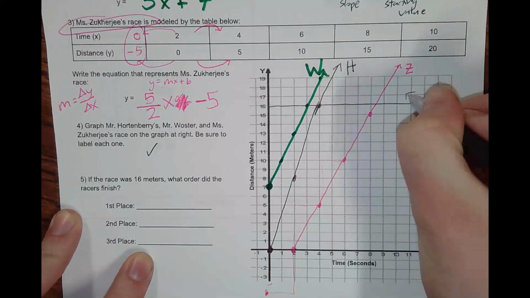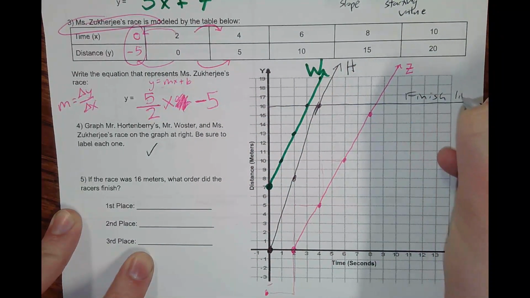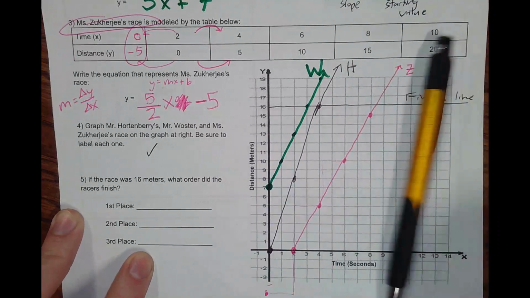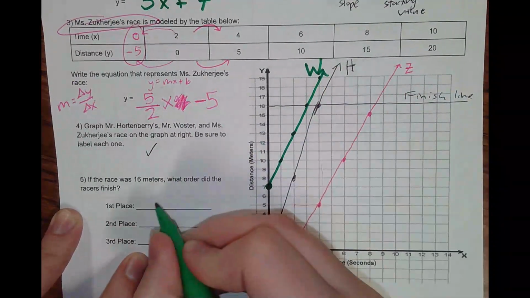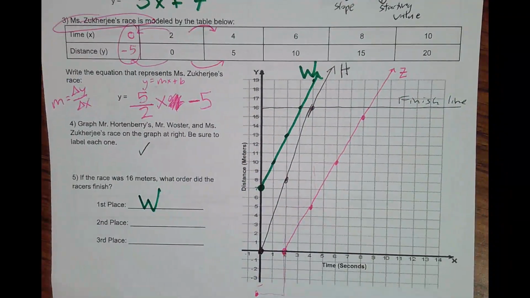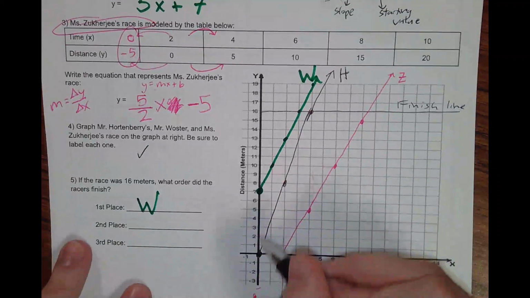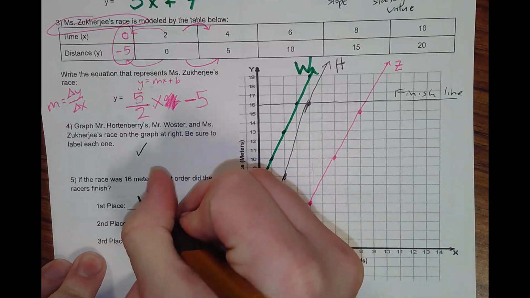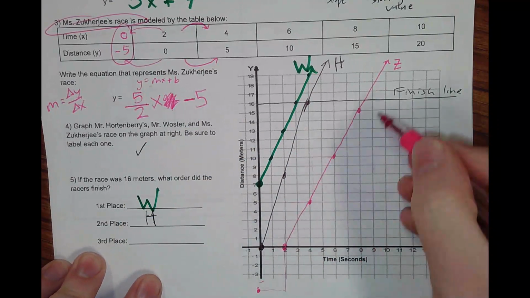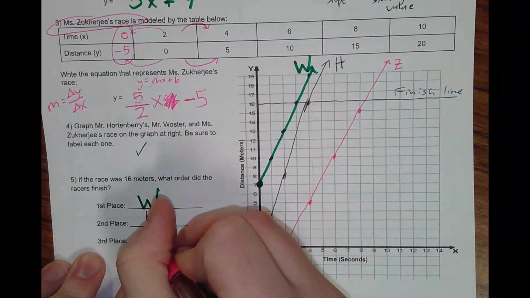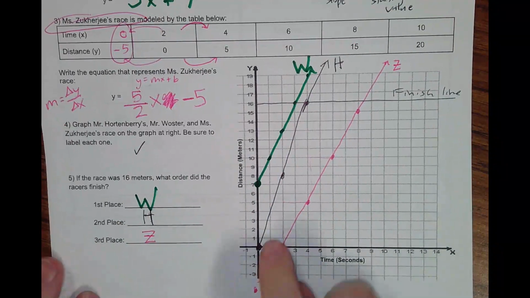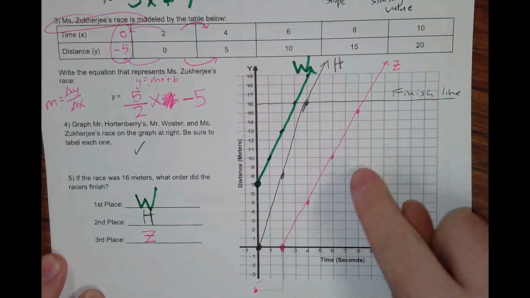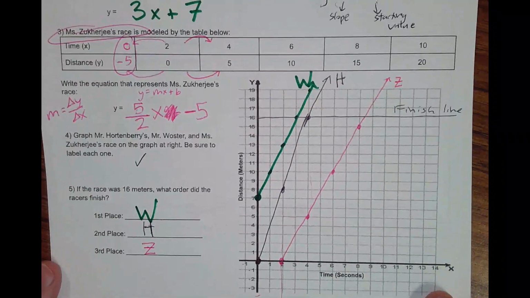I'll put a little finish line. Who got there the fastest? So in first place, we can see that W, Mr. Waster, got there first. In second place, we can see that H got there, Mr. Hortonberry. And in third place, it looks like Miss Zuckergy got there a few seconds late. And that is standard